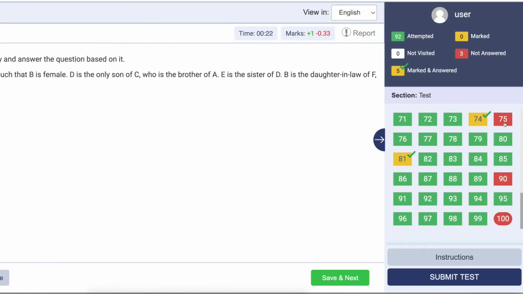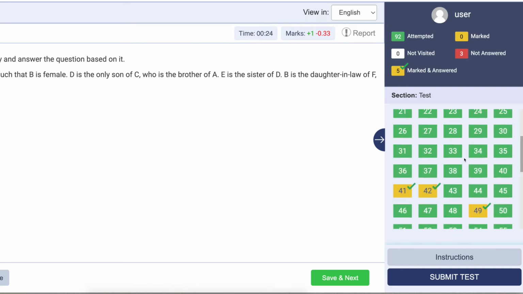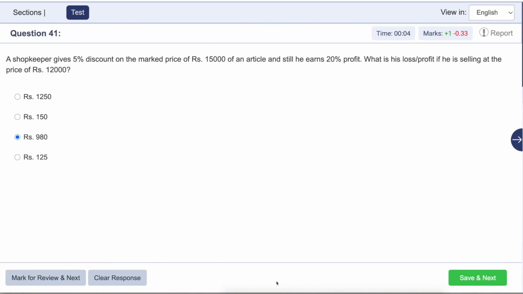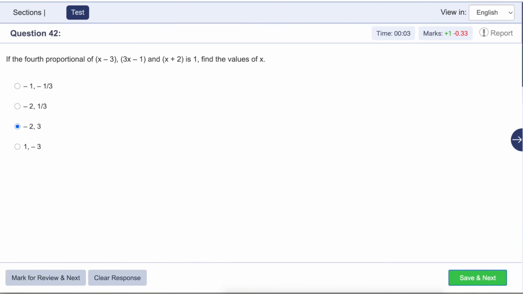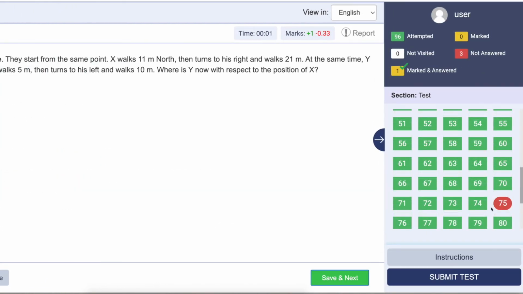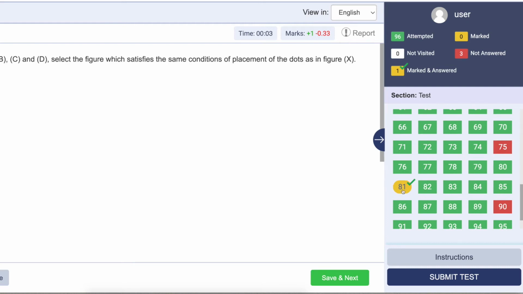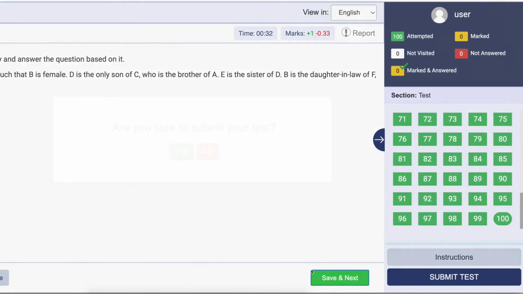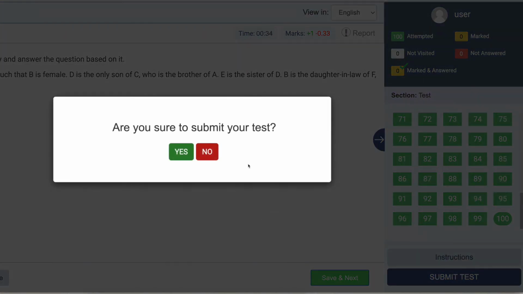Before submitting the test, you can cross-check the questions that are kept for review. You have options to recheck before you submit the test.